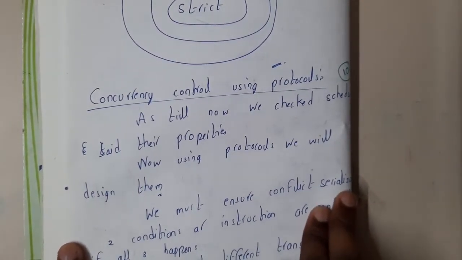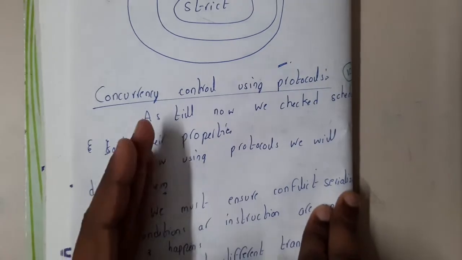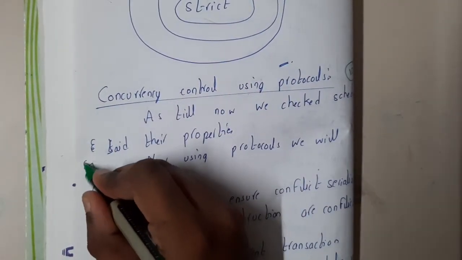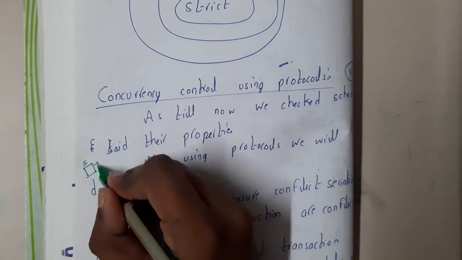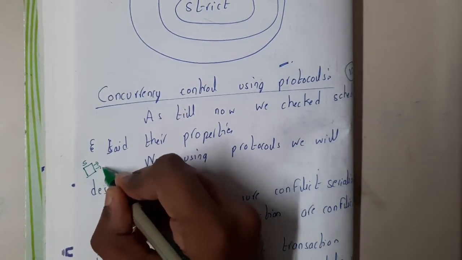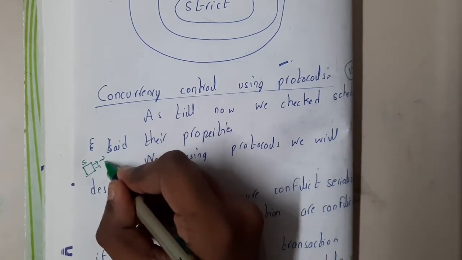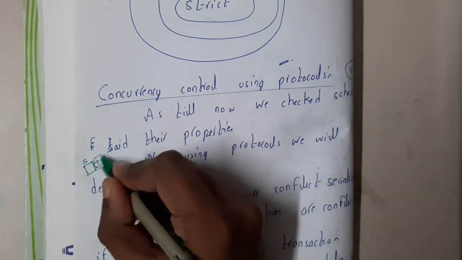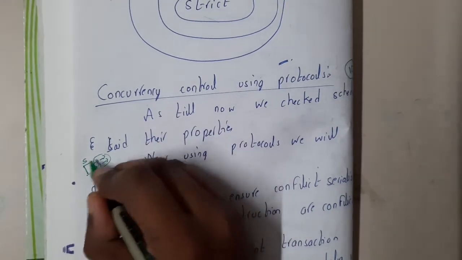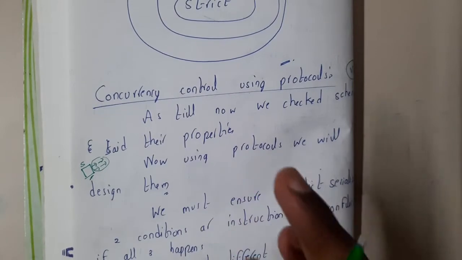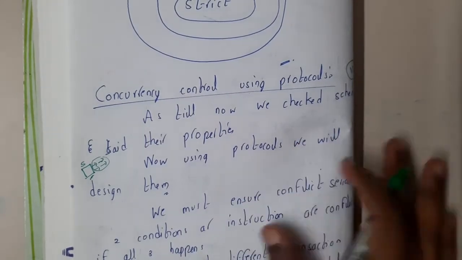So basically, till now what we discussed, guys, in every topic we were given the schedulers. They gave the schedulers, and we checked whether those schedulers are conflict serializable or view serializable, cascadeless, whether rollback is there or not, recoverable or not. So these kinds of properties we are checking based on the question, right? They give a scheduler and we determine whether it is conflict serializable or not. That's what we are deciding, right?